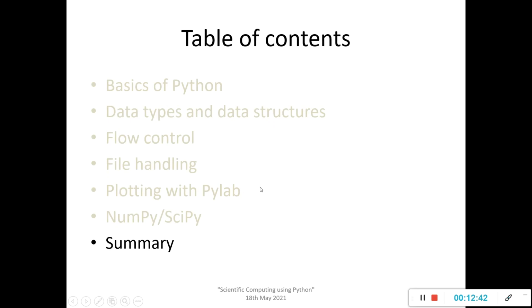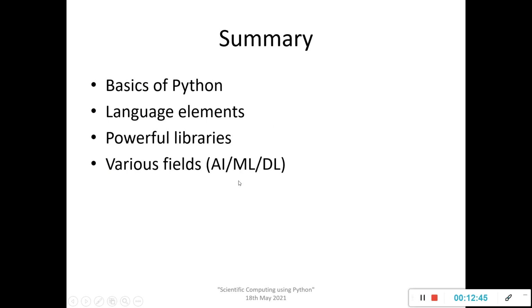Well, coming to the summary part of it, we have discussed Python basics. We have seen the different language elements. We saw that the language element set is very small yet powerful. There is a very rich set of libraries, packages, and functions supported by Python. In fact, Python is being used in various fields like artificial intelligence, machine learning, and deep learning. All the big IT companies make use of Python in some form or the other in developing their algorithms, developing newer tools and techniques for the